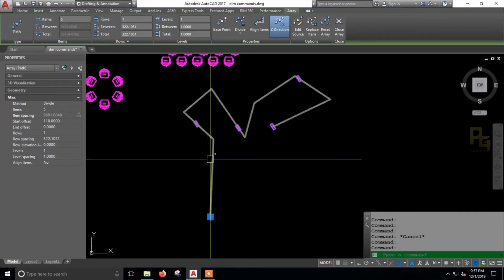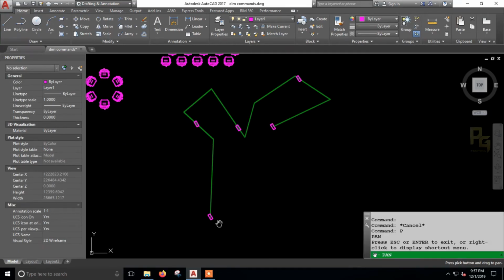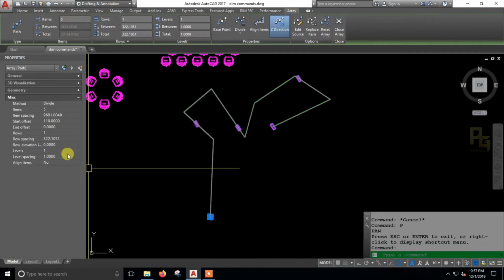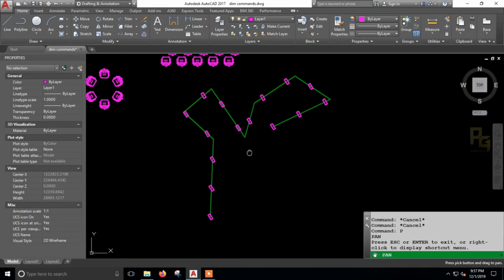If I give 5, the entire path is divided using 5 objects, 1, 2, 3, 4, 5. Likewise it acts if I give 9 or 10, likewise it works. So try it out.